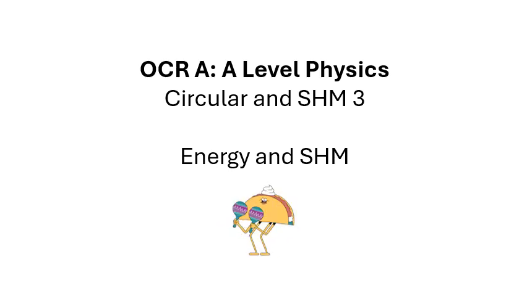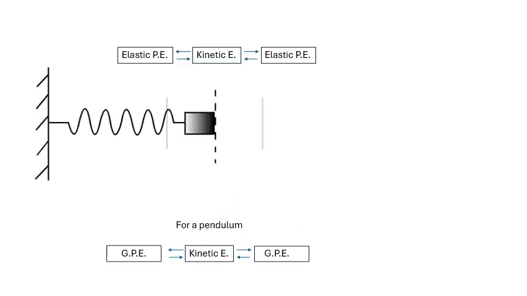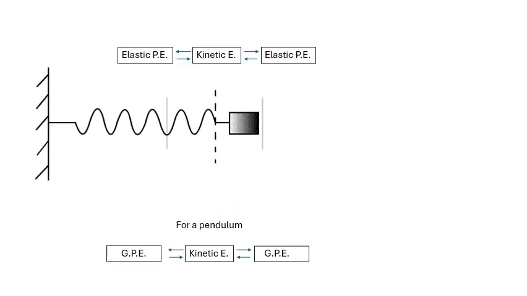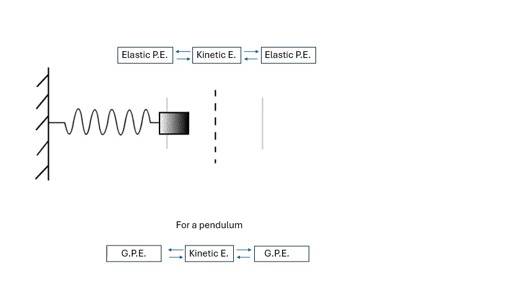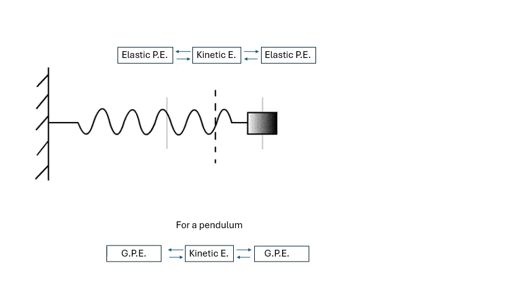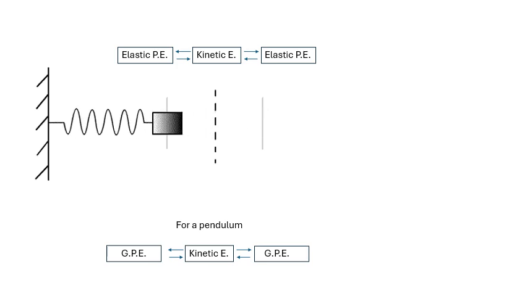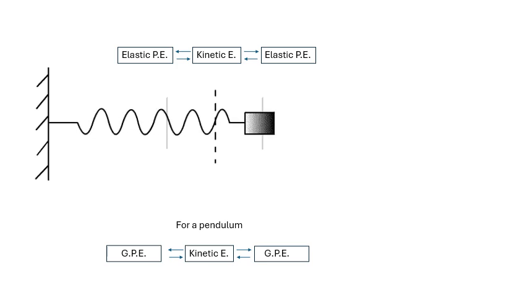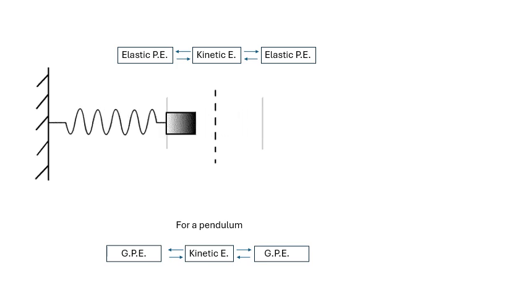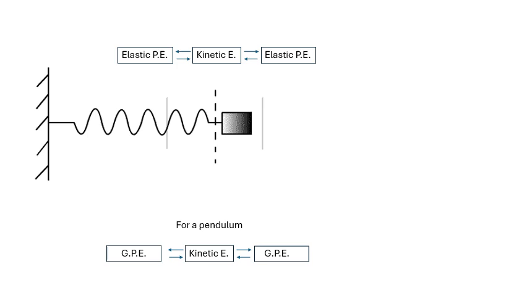OCR A-level physics. This is the third video for circular motion and SHM, and this video is about energy and SHM. So look at this mass on a spring oscillating. What kinds of energy are involved? Well, when the spring is compressed or when the spring is stretched, then we're talking elastic potential energy,